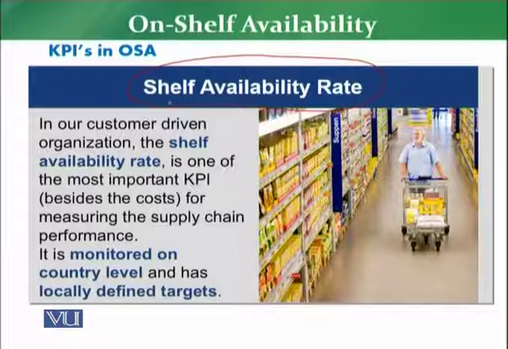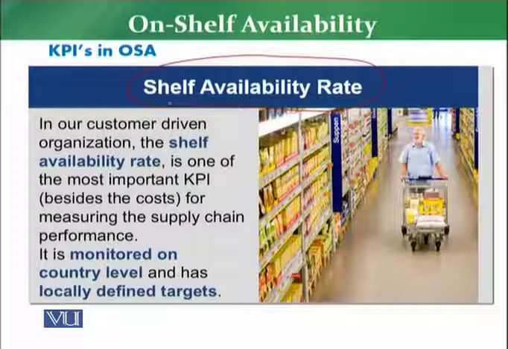So it is monitored at store level, at article level, at SKU level, at category level, at department level, and of course at country level, and there are particular targets associated with it. Every retail store will have a target of shelf availability rate. Of course that is closer to 100%, but if the store is at 87% or 88%, the target is to improve the shelf availability rate quickly and immediately.